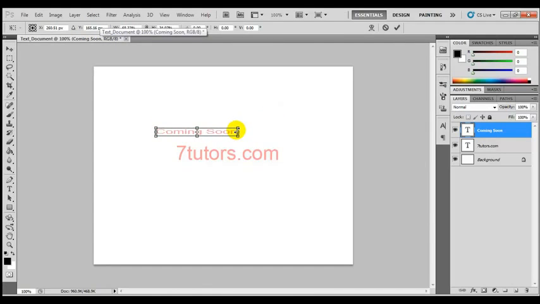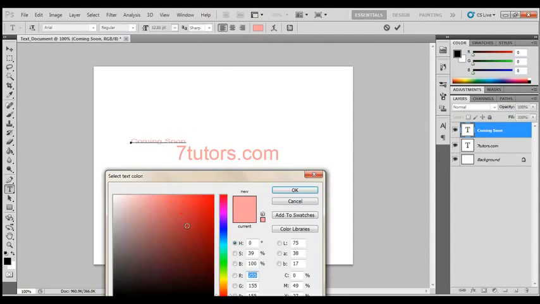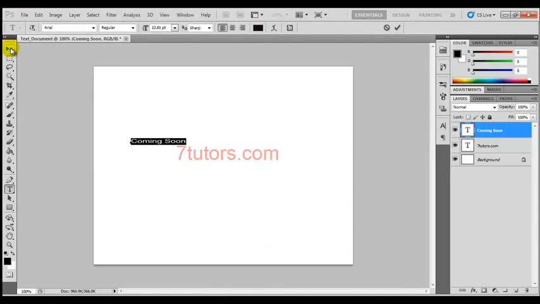You can also reduce the size from the options on the text tool, but we'll just reduce it from here, and then we'll move it and place it right above. Okay, and then we apply it. Let's change the color, it looks a little bit light, so we'll just give it a darker color. Okay,